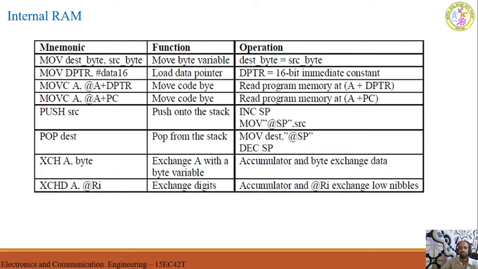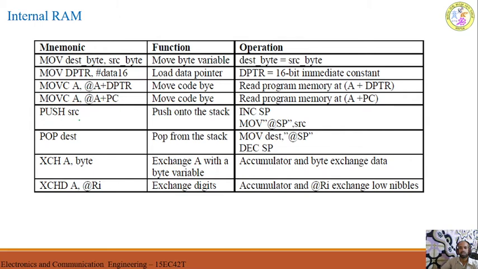Similarly, instead of DPTR, I can use PC, the program counter. So the total address is formed like this. This is called the base register, and this is called the index register. Here also this is base and this is index. Go to that memory location, take the code and move it to the accumulator.